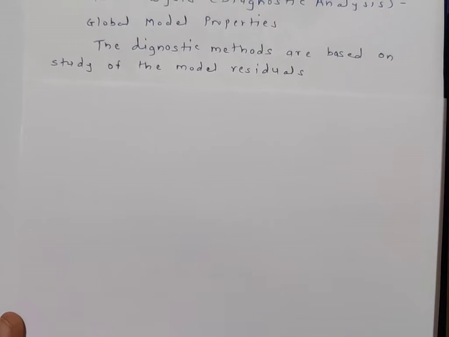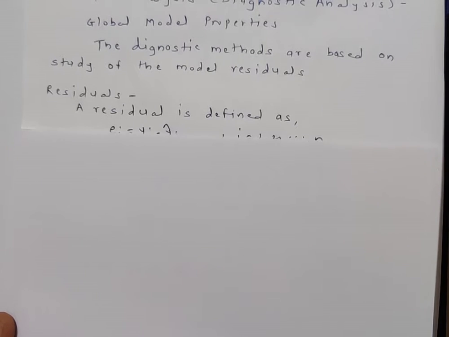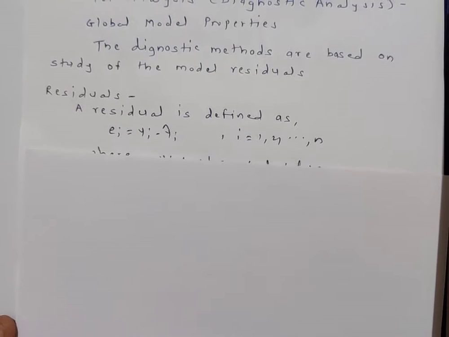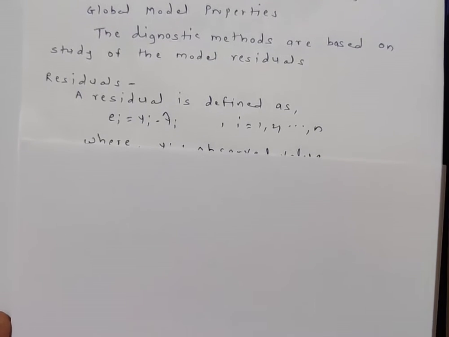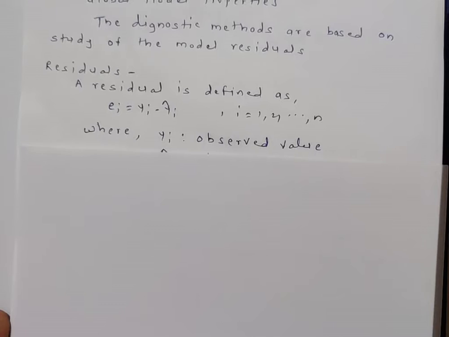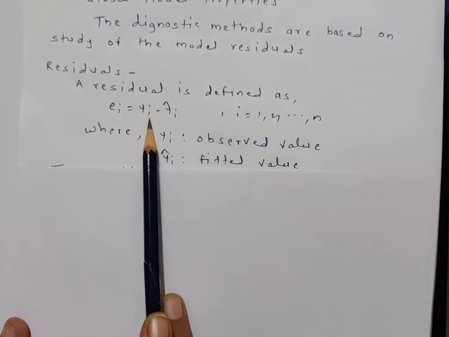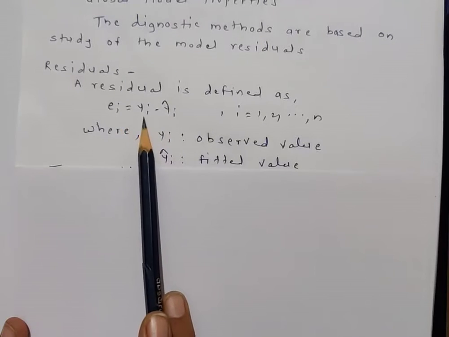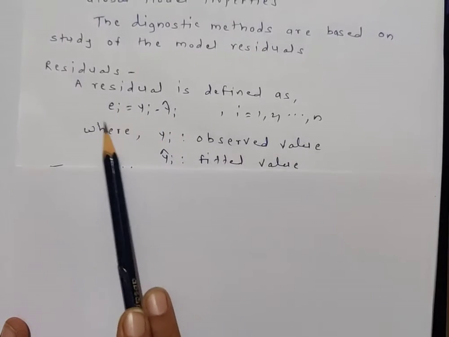and in general you know that we are using the distributions to test the hypothesis. We have t and F statistics. So here residual analysis is used to diagnose the problem, or to find the outliers. Residual is defined as the difference between the observed value and the fitted value. So this is my observed value and this is my fitted value. The difference between observed and fitted value is nothing but the residual.